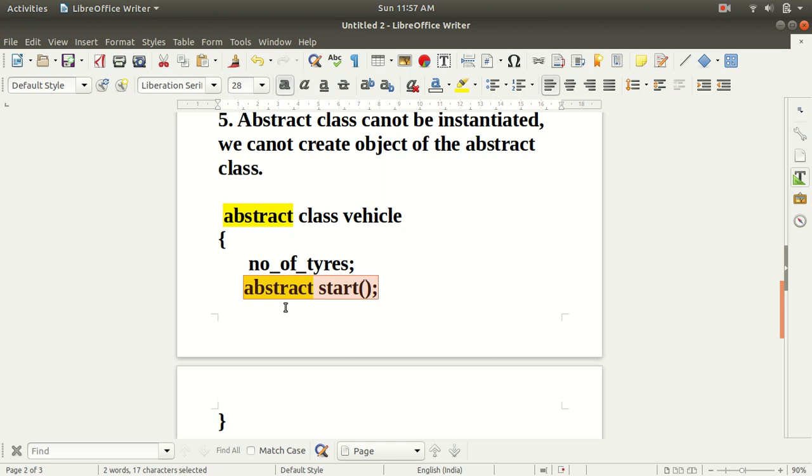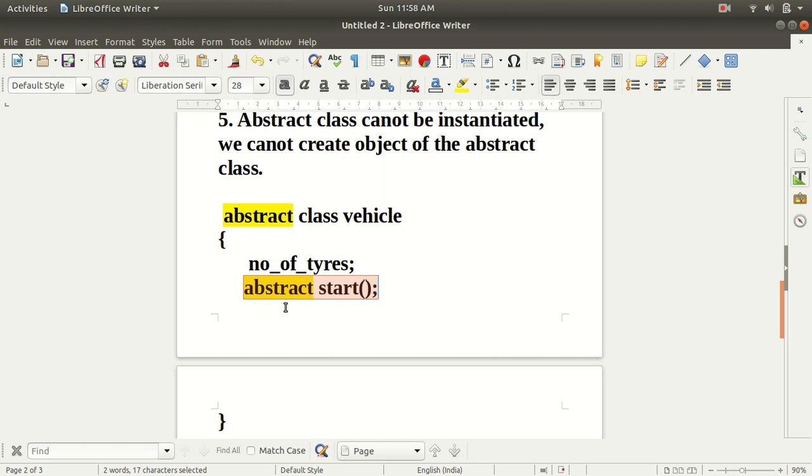So that's why the object creation of the abstract class is restricted in Java, because an abstract class may contain methods that have no implementation. It means that it contains the abstract method, and the abstract method does not have any implementation part.